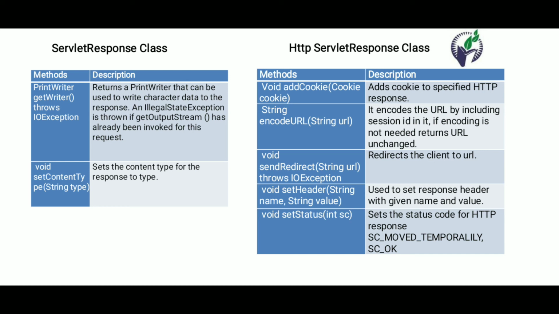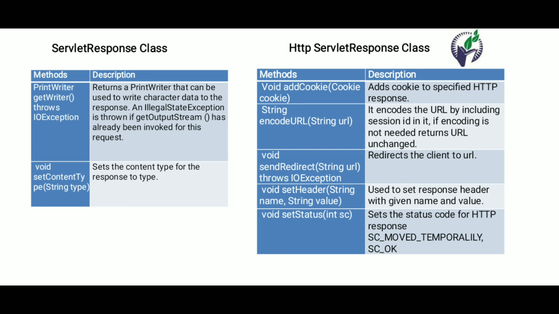And the set status method defines the HTTP response, that is, which type of response is generated. To define the response, there is a status code. Using the set status method you can set the status. Here an example is defined, that is SC_MOVED_TEMPORARILY and SC_OK. So SC_MOVED_TEMPORARILY means that currently your page is moved to another page